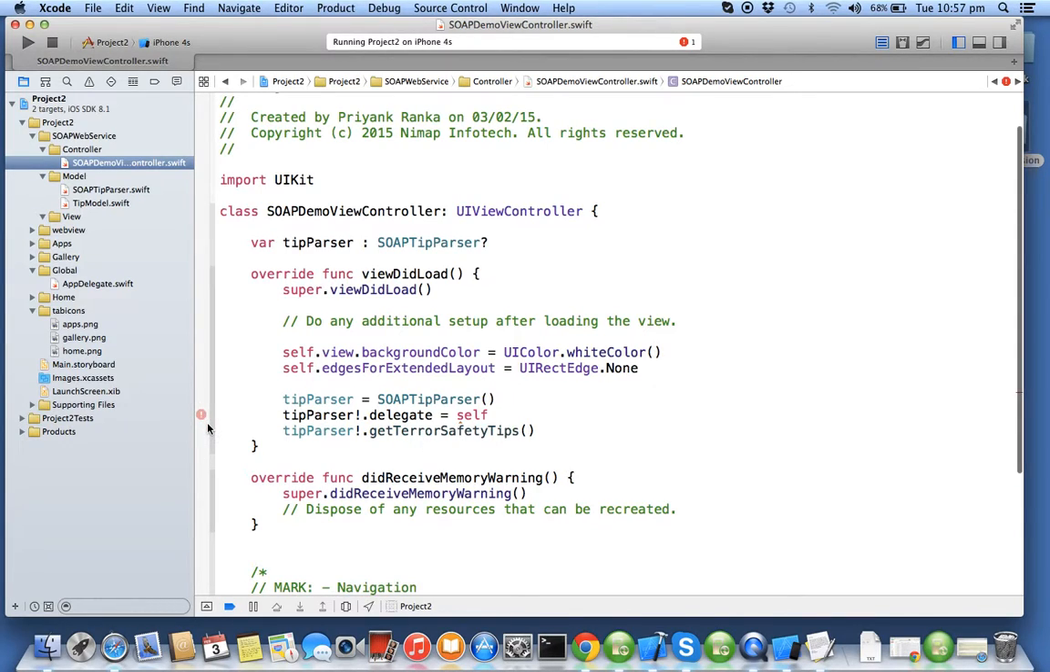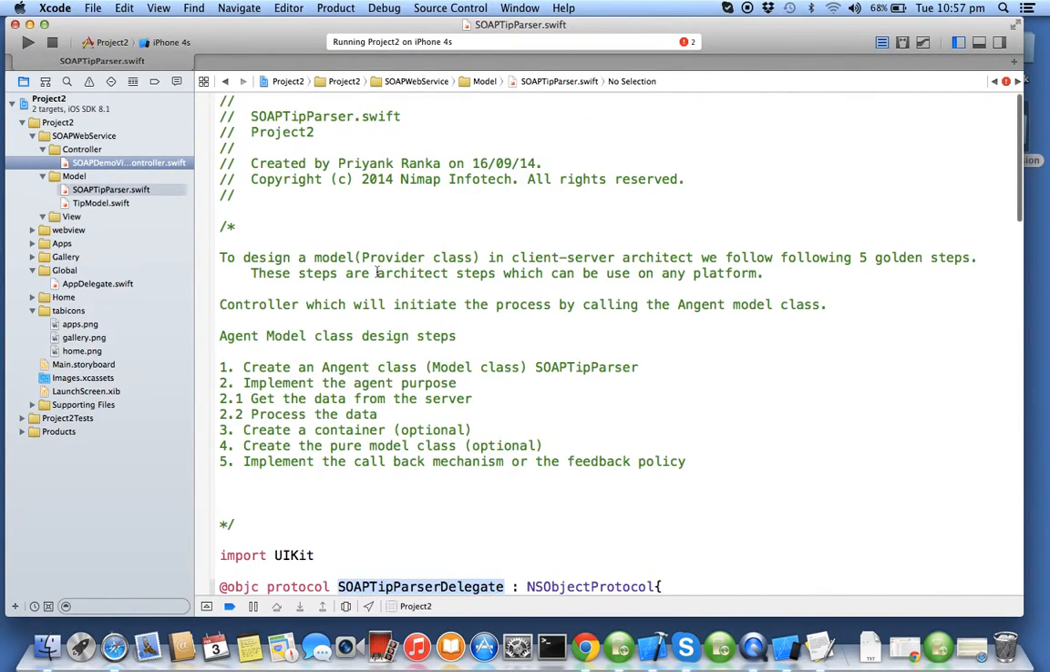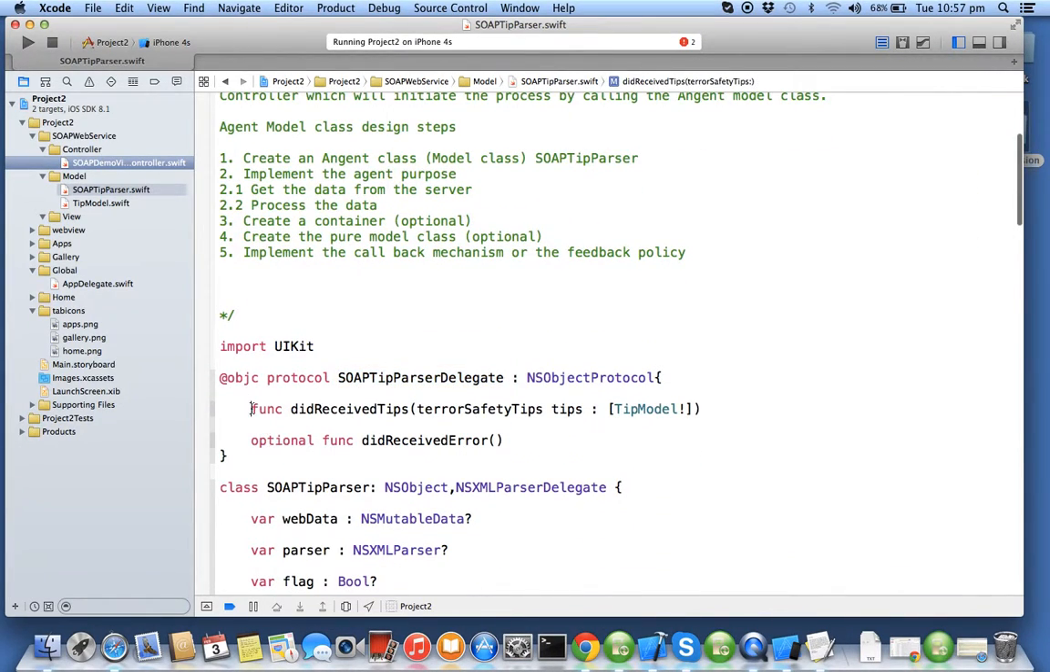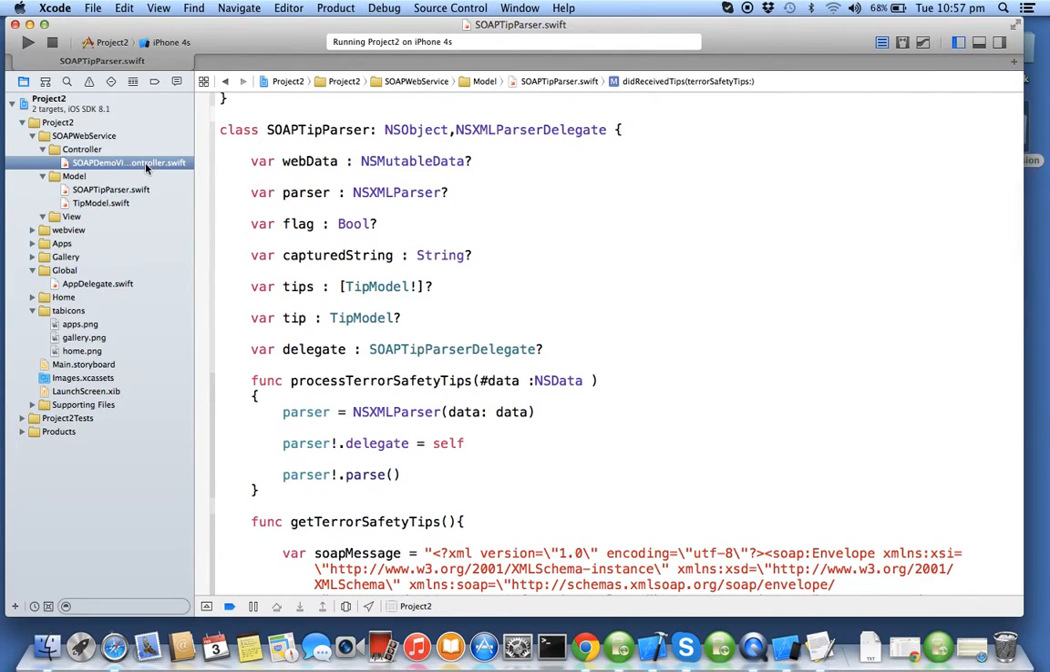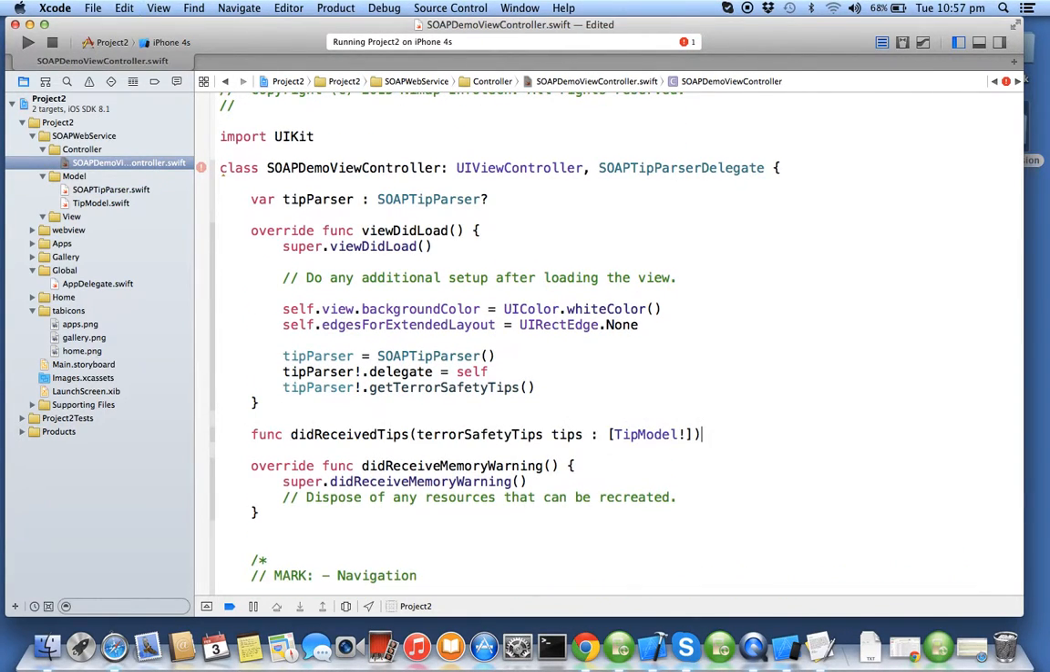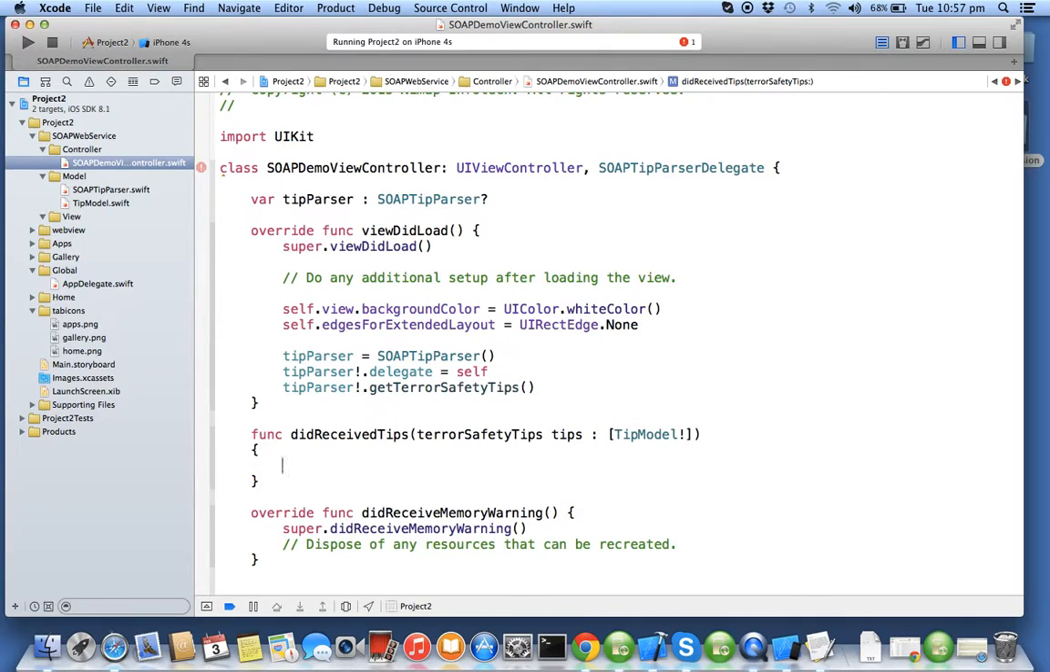Now here you're getting an error because you're not conforming to SOAPTipParserDelegate, and when you go inside SOAPTipParserDelegate you will find that there's one method which is required. So you need to implement that method inside your controller. So you have implemented this method, just write println and check whether control is coming